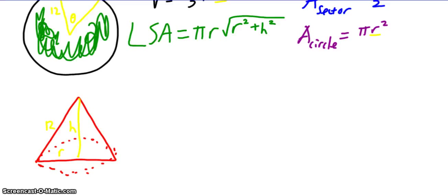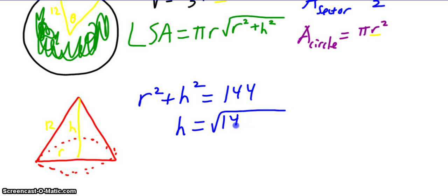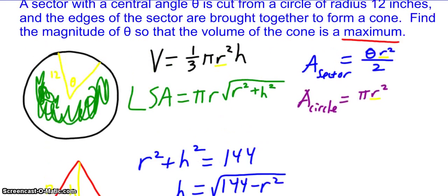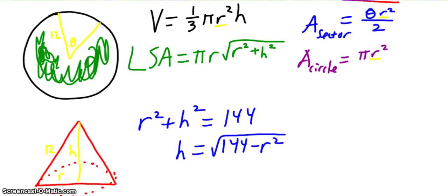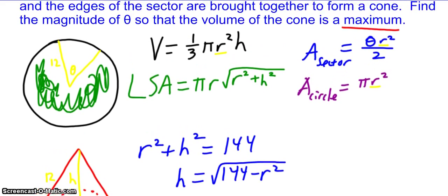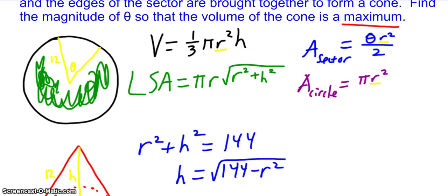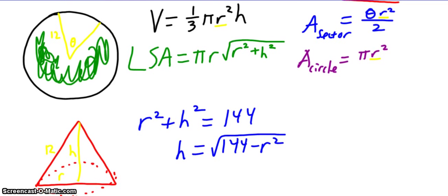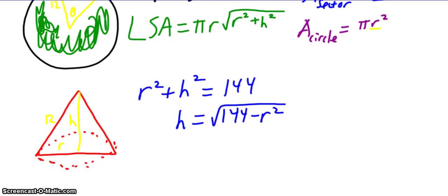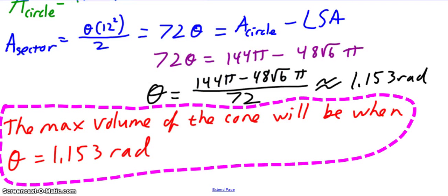I know r squared plus h squared equals 144. So therefore h equals the square root of 144 minus r squared. Okay, so now with this information I've helped you hopefully get started. I want you to pause the video and try to solve this problem. Unpause when you're ready to check your work, or if you get stuck and scared and need help. Okay,